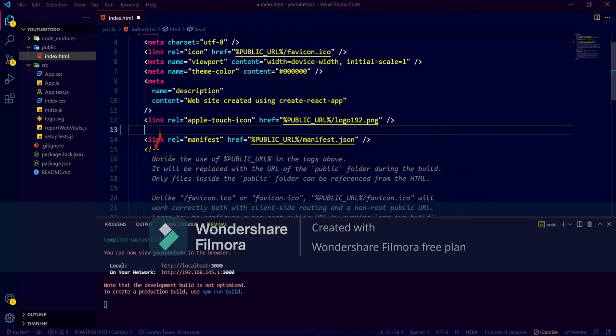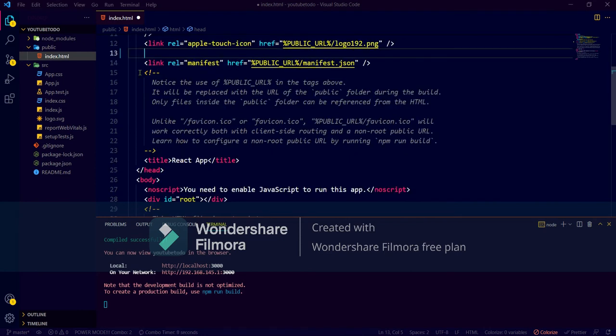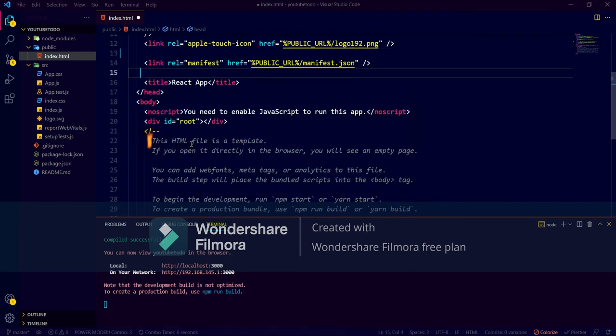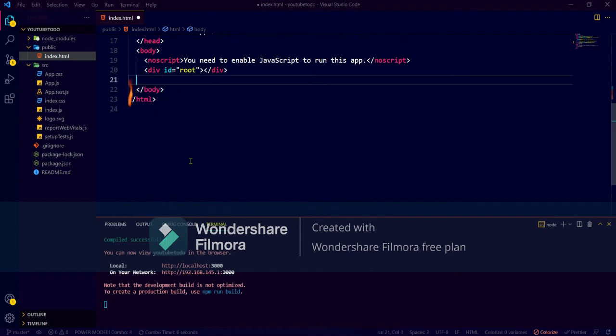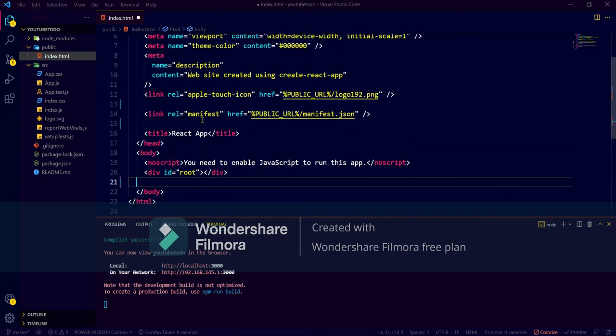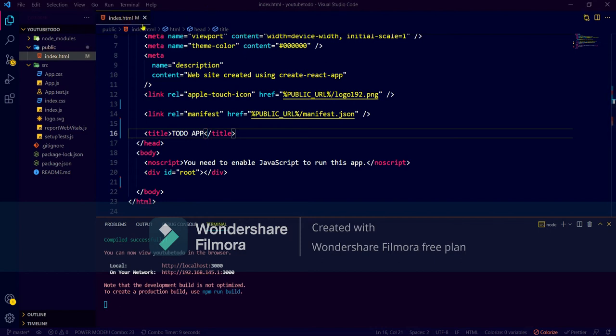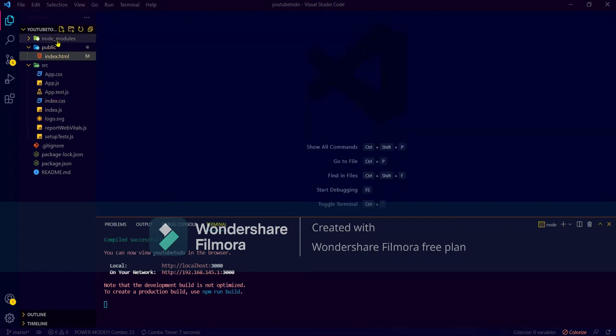Let's clean those comments also, and the last comment here. You can name your app, here it is written React app, so I will just change its name to to-do app, and we will save it and close this file. So in public we had a lot of files, but we are just left with index.html.